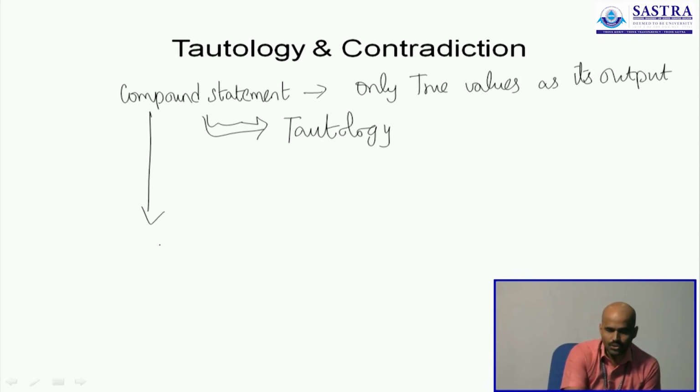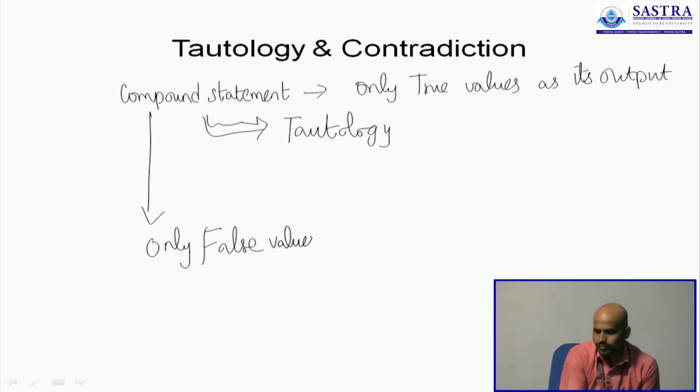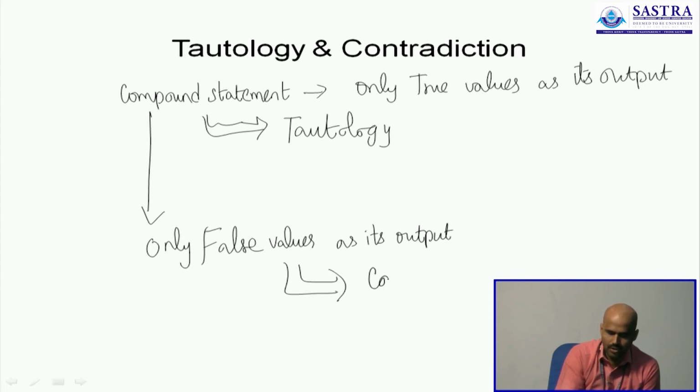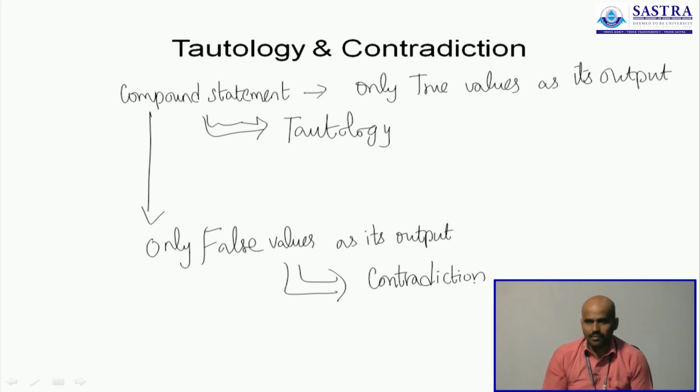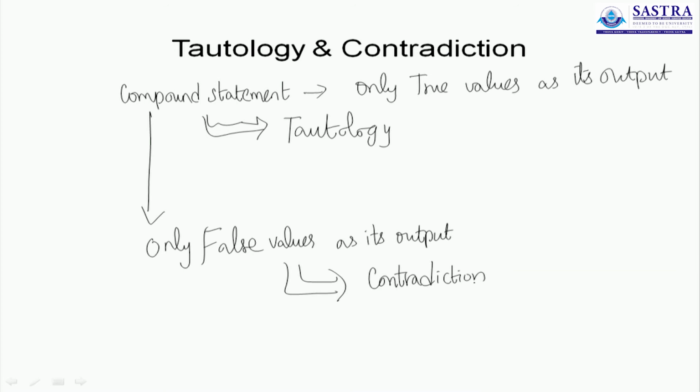When a compound statement has only false values as its output, you call the statement a contradiction. None of them add up, all of them end up being false, and that's when you call them a